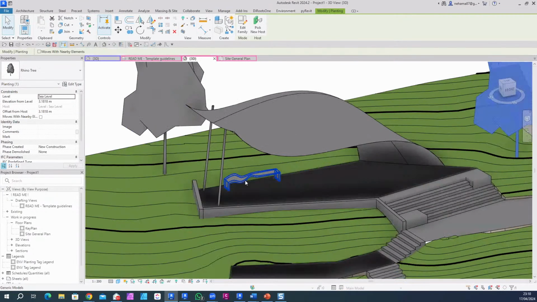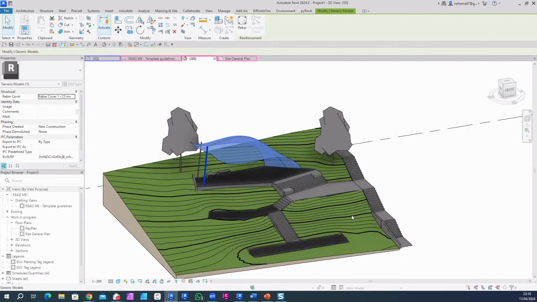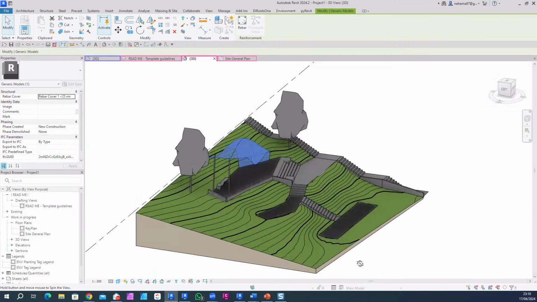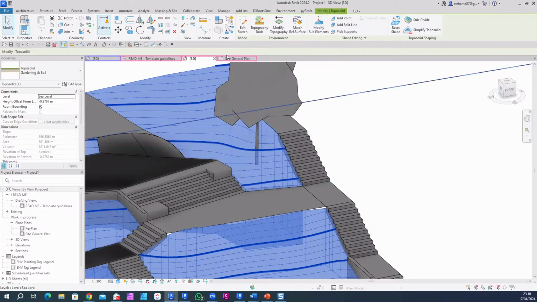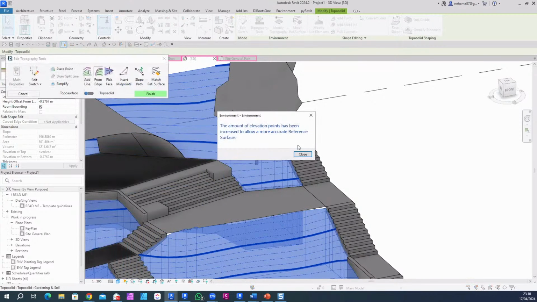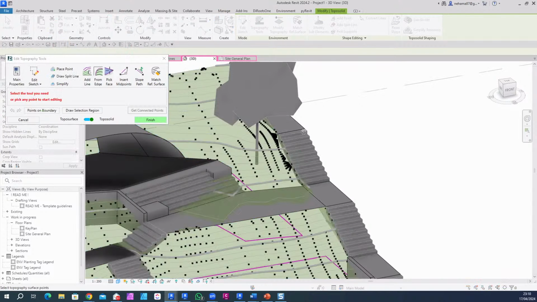And you can do it for all kinds of things. So if you want to create a crazy bench or a crazy pergola in Rhino and just bring it into Revit as a family, that's pretty easy. And here is the toposolid that I just created. So it's a completely editable toposolid, and you can edit it either with Revit native tools, or in my case,